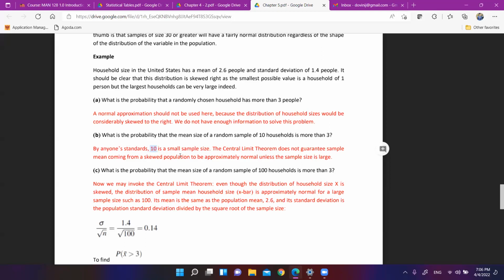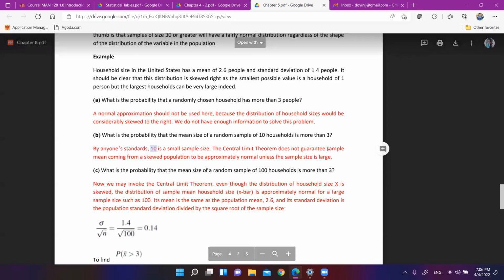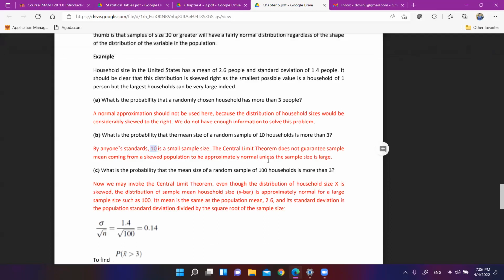information to do this. The central limit theorem does not guarantee sample mean coming from a skewed population to be approximately normal unless the sample size is large. Central limit theorem එකකින් කියන්නේ large sample වෙලාවට x bar normally distributed වෙනවා කියලා, with mean mu and variance sigma squared over n. එමනේ කියන්නේ when n is greater than 30 කියලා එතන කියන්නේ නැහැ, but n is large sample. rule of thumb එක දෙනවා large sample කියලා සාමාන්‍යයෙන් ගන්නේ 30 සහ 30 වලට වැඩිින් කියලා. එතකොට 10 කියලා කියන්නේ 30ට අඩු